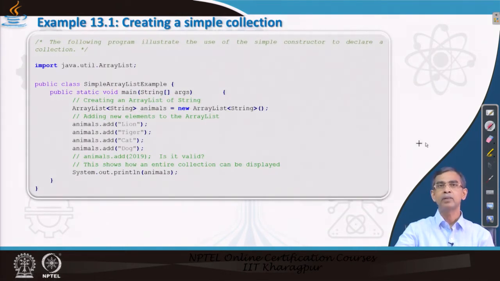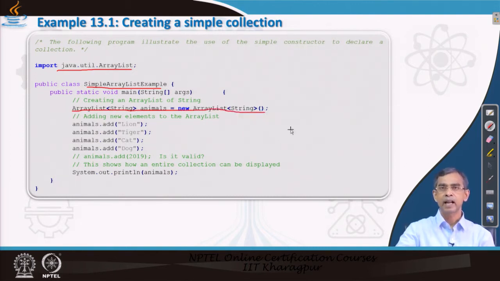Now, you can check this program a little to see how we have created a collection of type ArrayList. Note down a few important features here. This is the program that we are going to use, and here you should import java.util.ArrayList, because the methods that you are going to use are declared there. If you do not do it, your program will give a compilation error. Now, note down this is the line where we declare a collection.